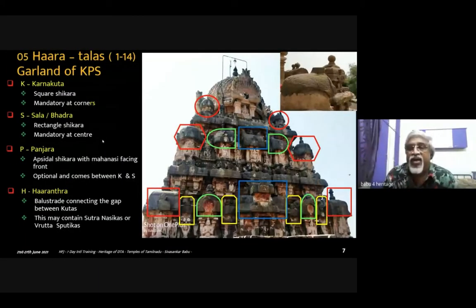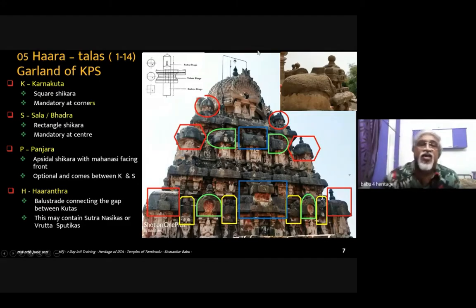Primarily, I am trying to highlight why it is so, that the exceptions will embed the normal rule in your mind. So this is again to highlight the Shivalinga concept of 3 components: square, Brahmapaga, and then octagon, Vishnupaga, and round, Rudrapaga. So wherever possible, this concept of Shivalinga will be implemented in many places. So this is an example where it has been implemented in the shapes of haras also.